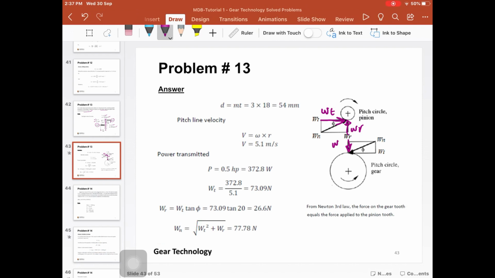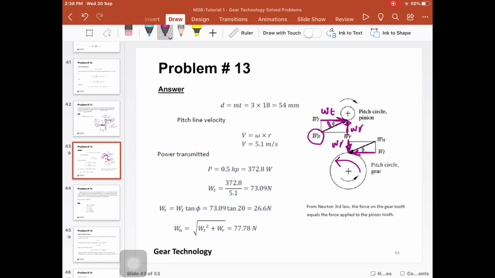It tries to separate the two gears, and then Wt on the driven gear or the wheel goes in the same direction of rotation. Okay, so the next step is to try to find and calculate both the tangential and the radial components, right? Don't forget also that we have Wn, which is the normal force, and the angle between this normal force and the tangential component is the pressure